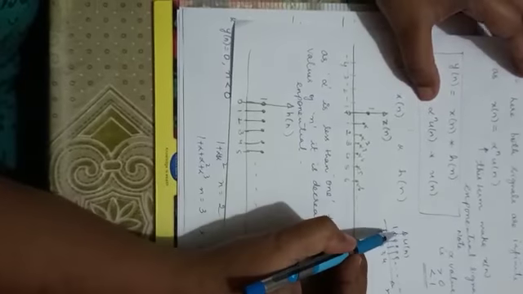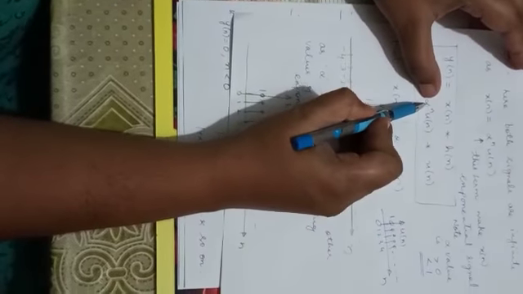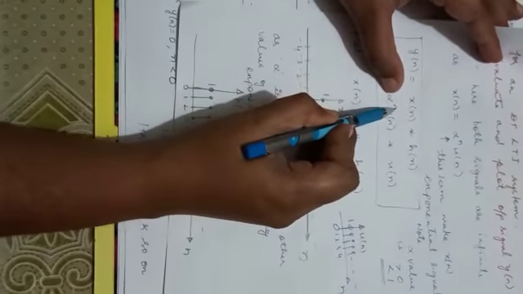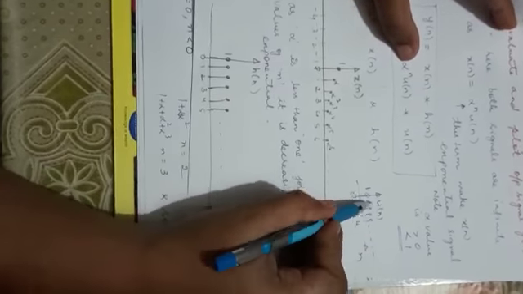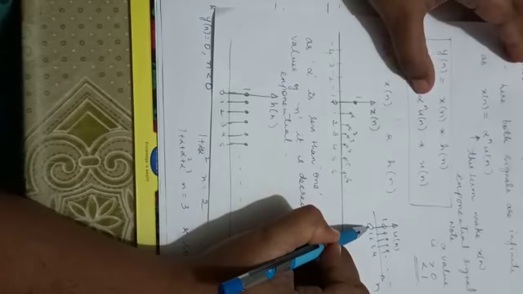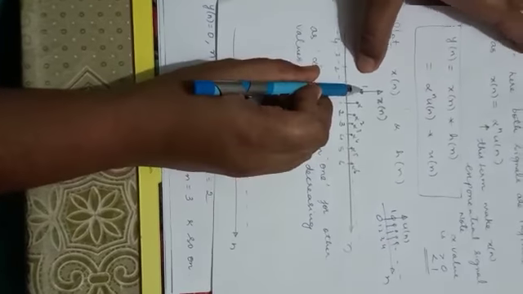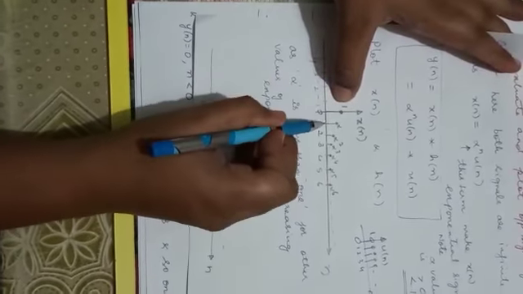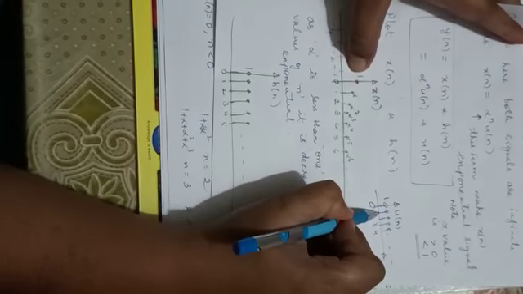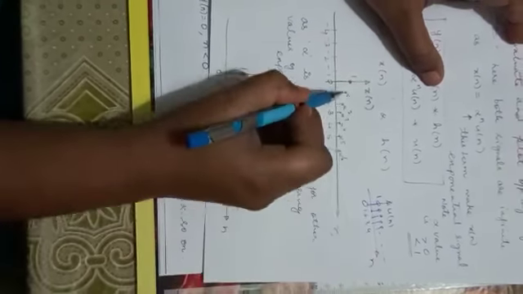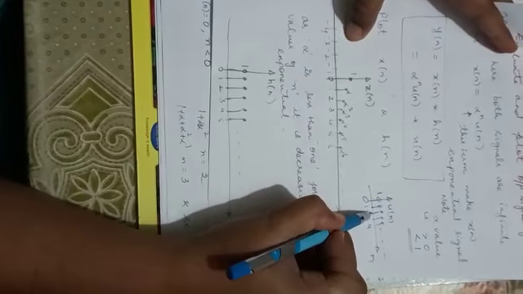So if I multiply this with alpha to the power of n, since u of n exists from 0 to infinity, when n is equal to 0, alpha to the power of 0, anything to the power of 0 is 1, we know. That's why for n equals 0, I have plotted 1. Now for the next sample, n equals 1, alpha to the power of 1, so it is alpha. Next, for n equals 2, alpha square.